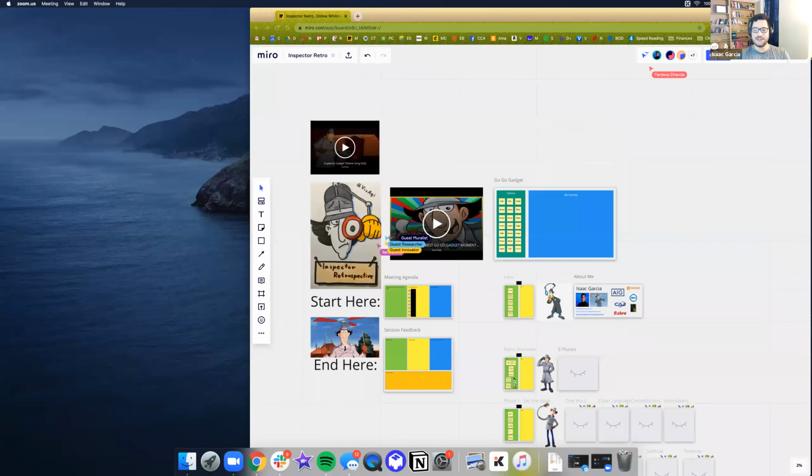So I'm going to go ahead and share the board. If you've ever been in Miro before, the board actually is on edit mode right now, but most of the items are locked, which means you shouldn't be able to interact with them. I'm also going to share my screen and begin showing you around. I already see people jumping in. I already love the participation. This is going to be so much fun.